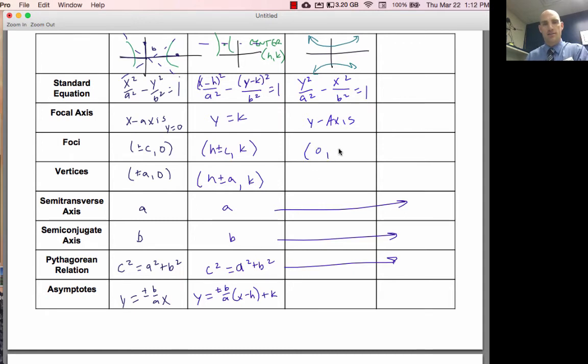So my foci are going to be 0 comma plus or minus c because they are now on this y-axis, right? And my vertices are going to change because they're going to be vertical from my center. All of these are the same, but what changes is instead of it being b over a, now it's a over b times x, so plus or minus a over b times x. If I move it in the coordinate plane, up this way, let's say, and my center